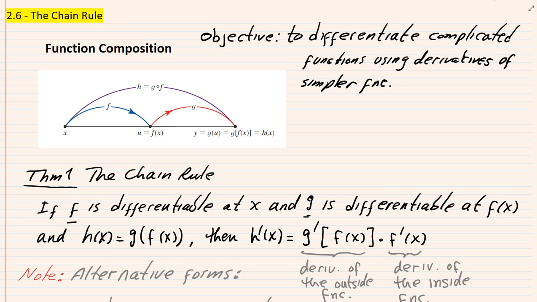Section 2.6, we're going to talk about the chain rule. What the chain rule will do for us is help us find the derivative of more complicated expressions. All of these functions that we use the chain rule on end up being a function composition of two or more functions. Before I go through Theorem 1, which is the chain rule,